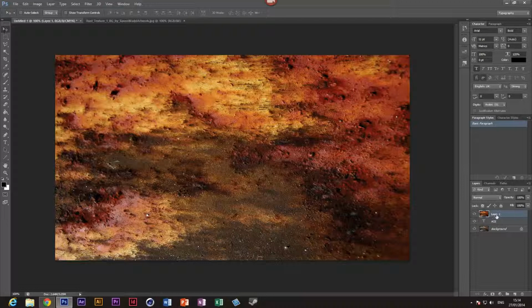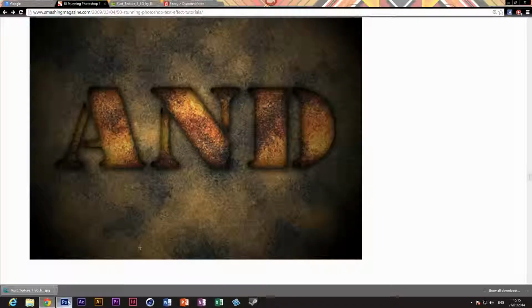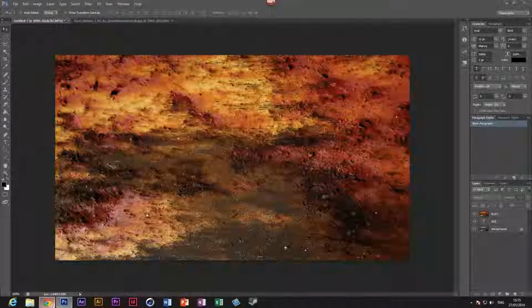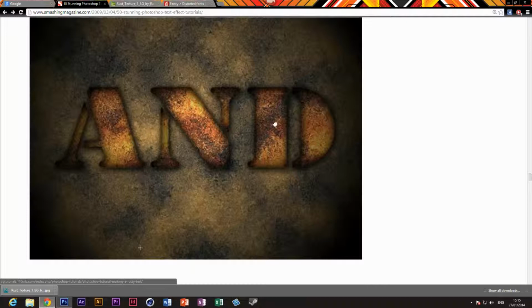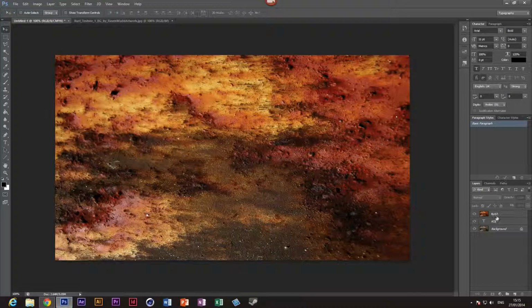I can't rename it. Why can't I rename it? Yeah, so you rename that layer by double clicking. And now, the reason why I put this over there is I want to overlay it on the text. So I know the feature in Photoshop, and the feature is if you